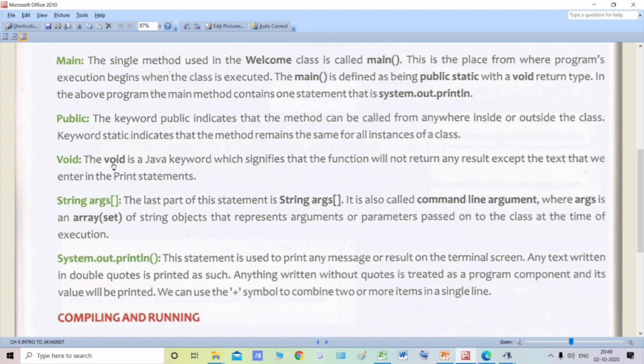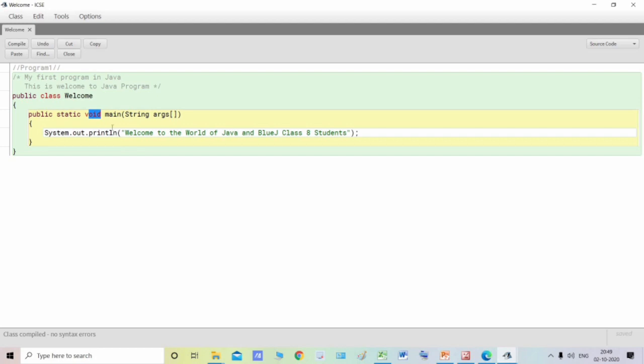Void means nothing. Void is a Java keyword which signifies that this function will not return anything. Return means give. Except whatever we have written in this system.out.println.